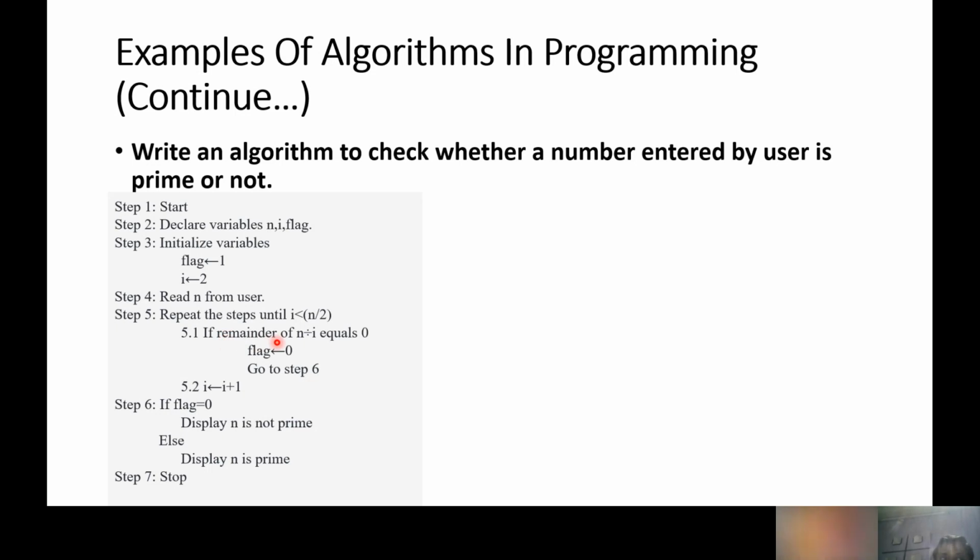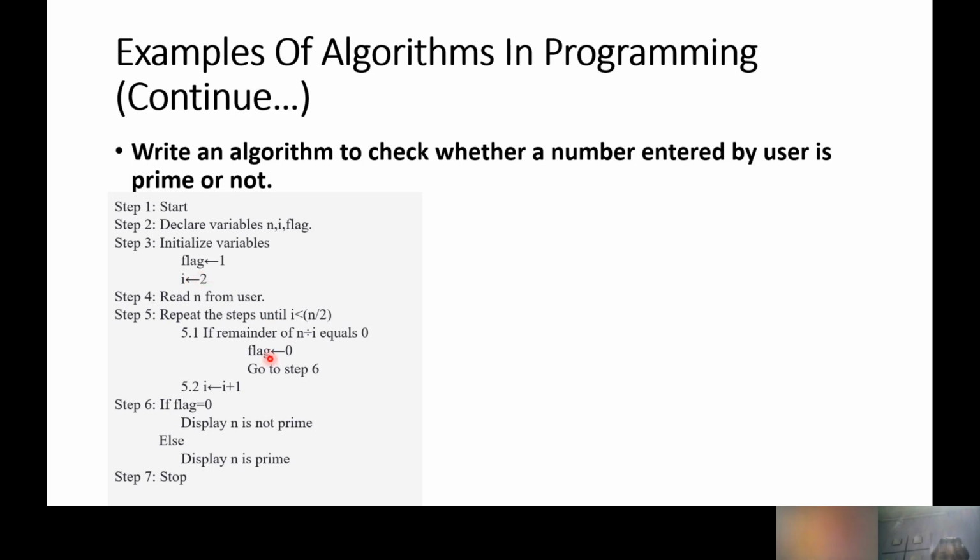Remember, the remainder is the one at the end, not the quotient. The remainder of n divided by I equal to 0 shows that the number is divisible by some other number other than the number itself and 1. That means we start with the value 2, we ignore the 1,